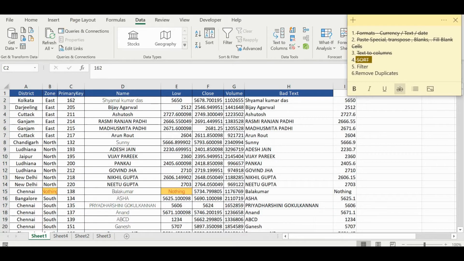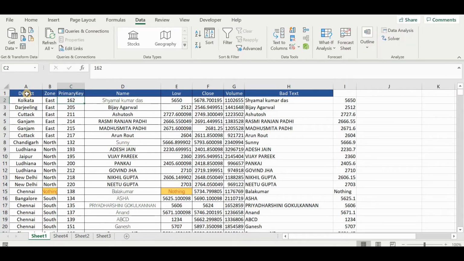Okay, then finally, one of the most important things is filtering the data. Suppose you have this data and you want to filter the data. So what you will do, you will come to this and simply click on Filter. When you click on Filter, Excel is very intelligent. It understands, basis the headings that you have given, till where one table is. So it knows from column A to column H, this is one table.